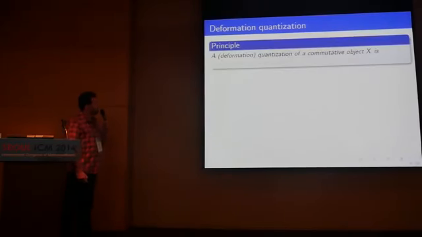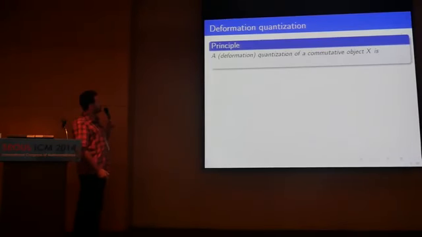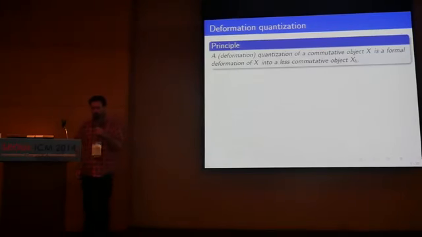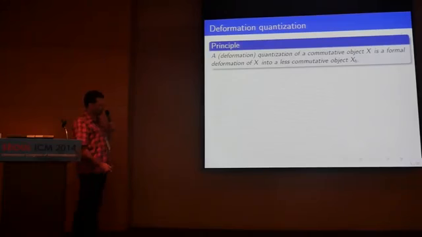Okay. So, what's a deformation quantization? Well, I put principle, but it's almost a definition, I think. I start with a commutative object X, and the deformation quantization is a formal deformation of X into a less commutative object, X_ħ. So here, what is maybe a little bit not classical is this "less commutative object". What is an object? You will see in a minute. Okay? It can be a ring, it will be a category later on. Okay, that's a general